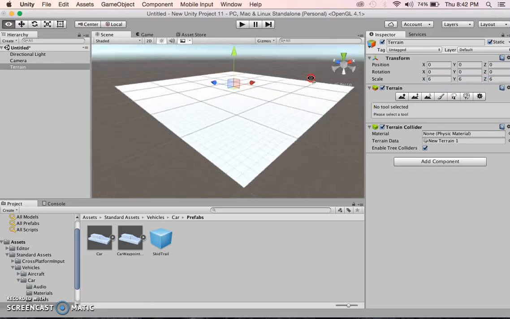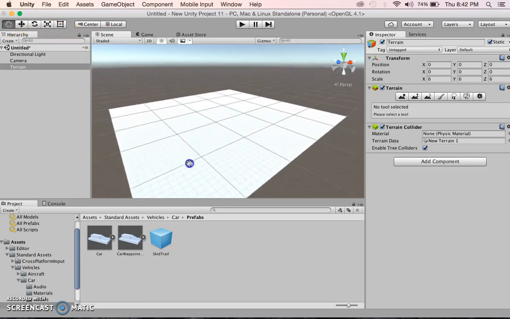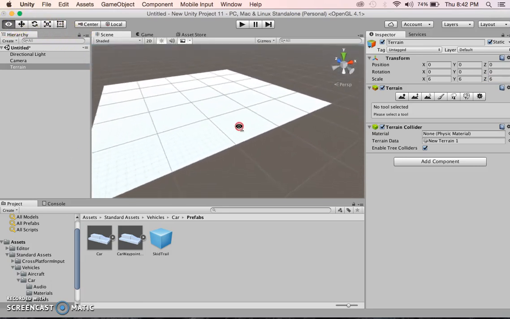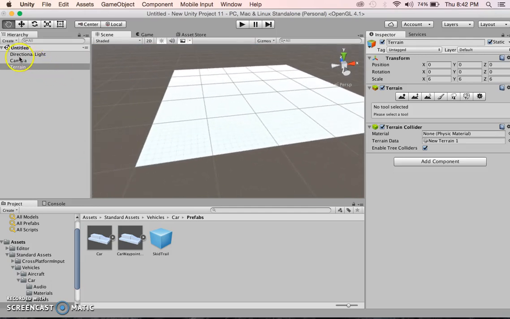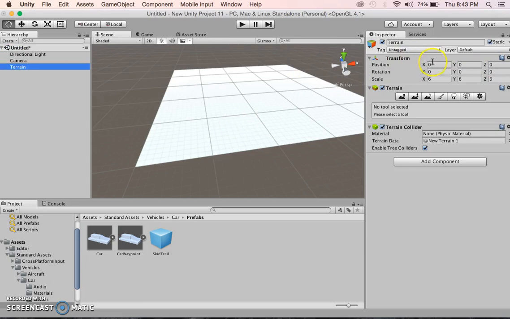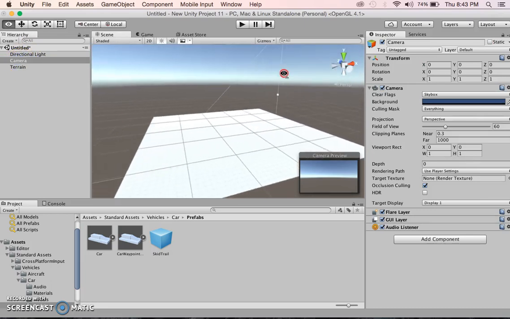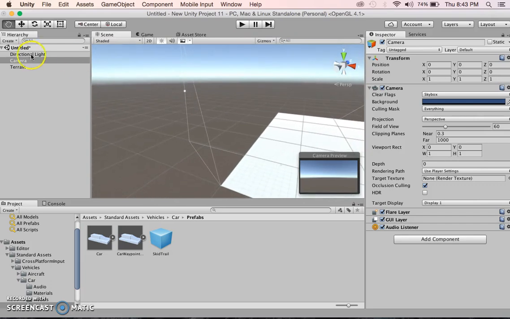If you right click, you kind of orbit around. You have the hand there, which you can also use, and then just right click to spin it about. So your camera is there. I'll just reset the camera to 0, 0, 0. I think the terrain should also be 0, 0, 0. Okay. So what we do is just